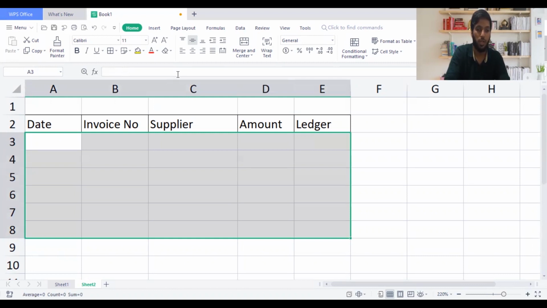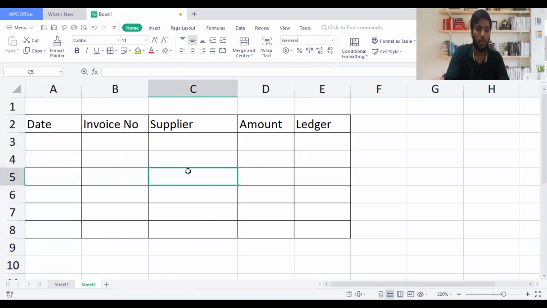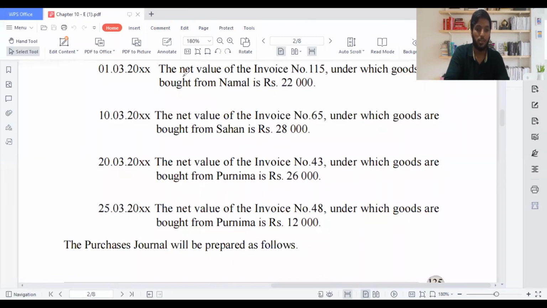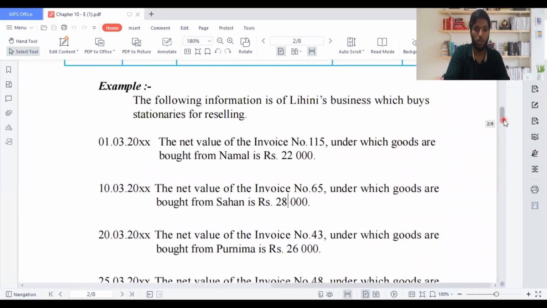So I'm going to open up a format like this. Right now, I'm going to record everything one by one. Just listen to this very carefully, so we will not go wrong. The first one. Now, let me ask, what business is this? Who are we? That's one of the important things when you're doing this sum. You should be able to understand. So I'm going to go a bit up to show you what business we are.